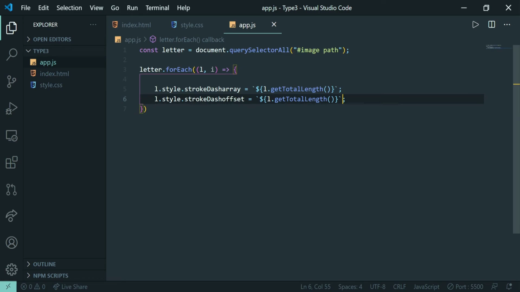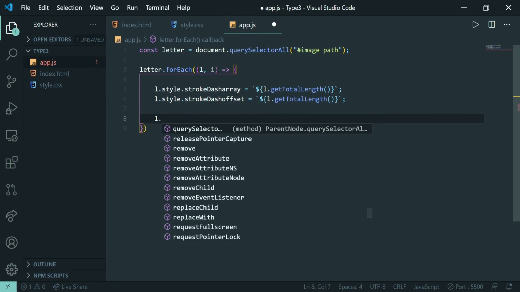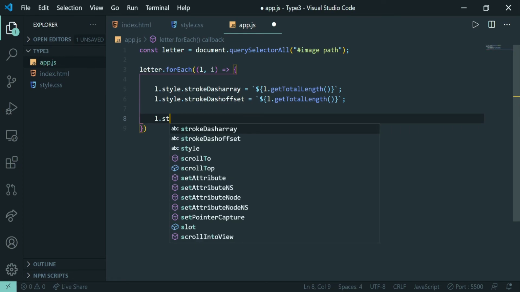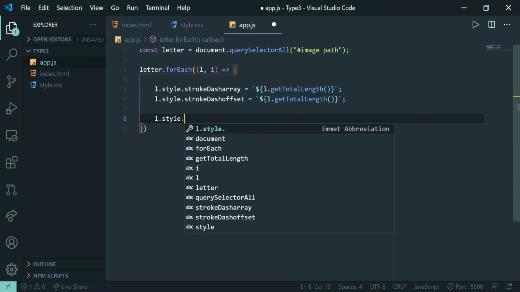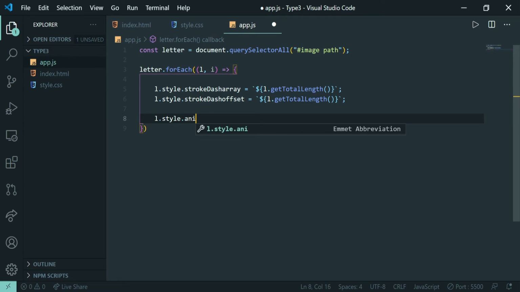Now let us give this animation to our letters one by one. So it will be like L.style.animation, and let us give this a value: first of all the name of our animation, then it should be for 2 seconds, then an ease motion, forwards, and here should be the delay time so that we can have letters coming on our screen one by one.